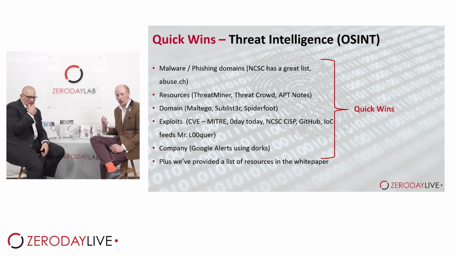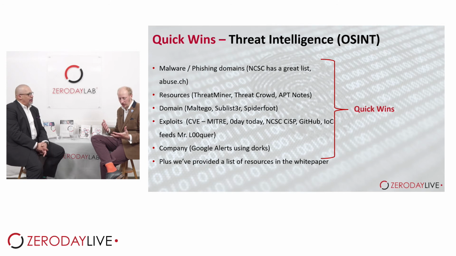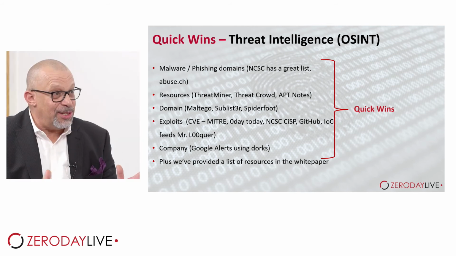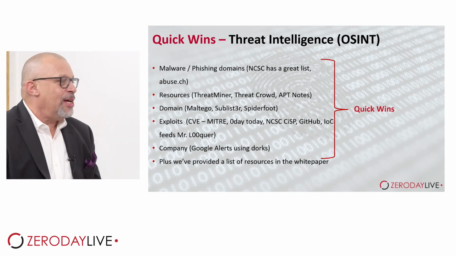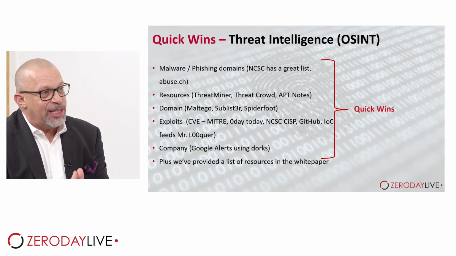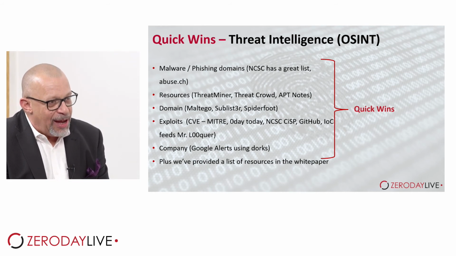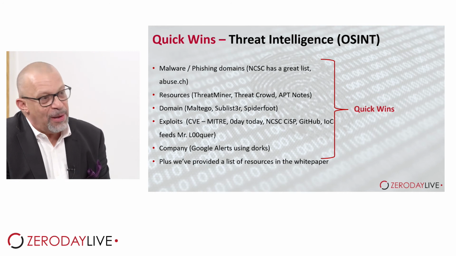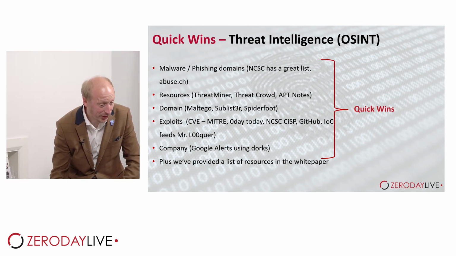But I have quick wins, and I'm thinking, if I'm starting my intelligence practice today from scratch, what am I going to start with? If I'm looking at our exposure and vulnerability, I want to look at malware and phishing. What do I need to be able to start doing this? Because it's all very well saying I'm going to start gathering threat intelligence. Do I need to have a box to do this from? That's a very good question.